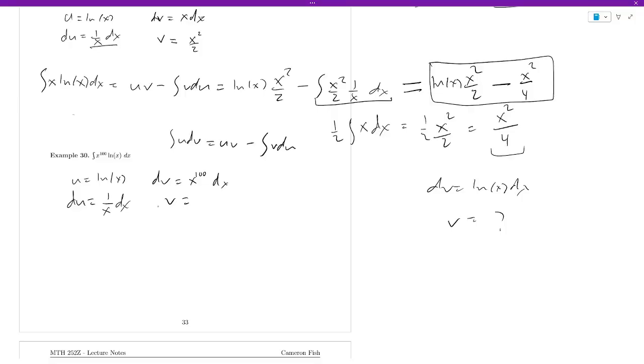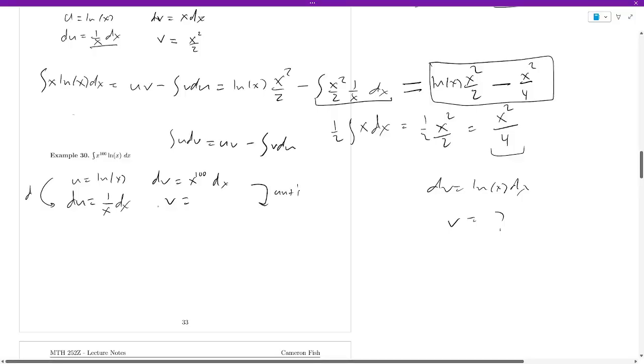Okay, so we pick our u, pick our dv, we take the derivative here, we take the antiderivative here. What are we going to get? Remember, we do plus 1, so for x to the 100, we'd go x to the 101 over the new denominator, 101, and the dx is gone. Okay, so now we just got to assemble everything together. I'll go ahead and show you right now. If you write the u and the dv exactly like this, where u is here, dv is here, du is here, and v is there, then you get a nice little shortcut,